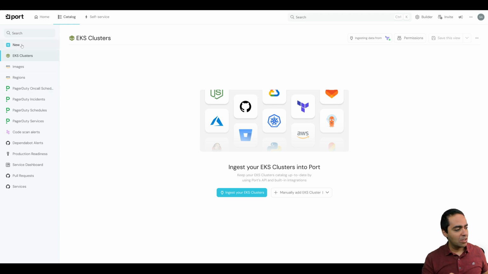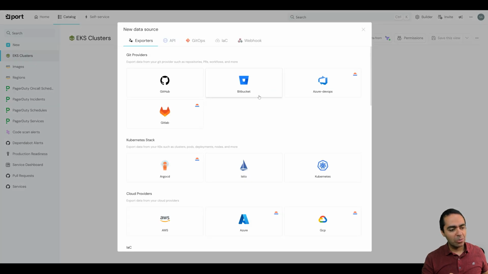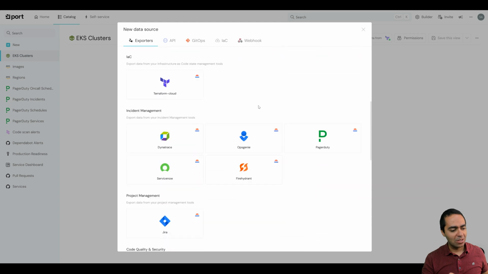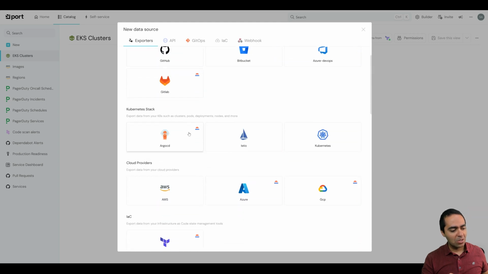You just click on the new button here and a new data source. And you can see there are multiple data sources that you can integrate with. ArgoCD is right here. And notice this little icon here, powered by Ocean. So if you click that,